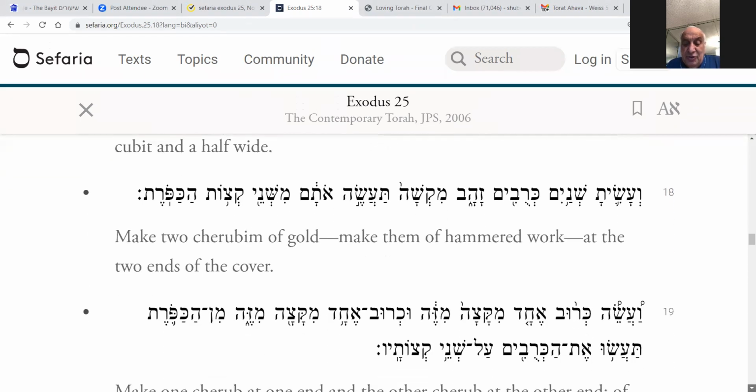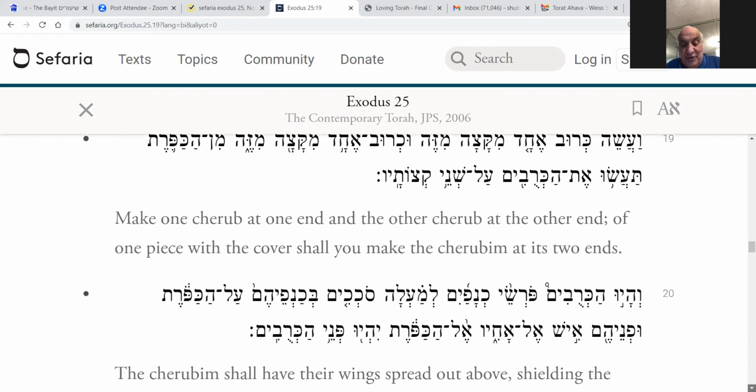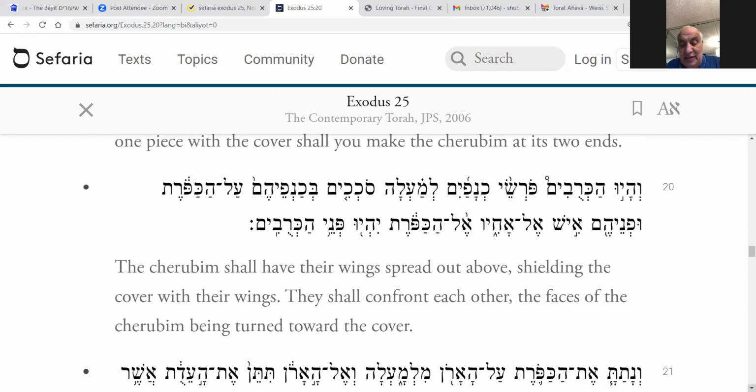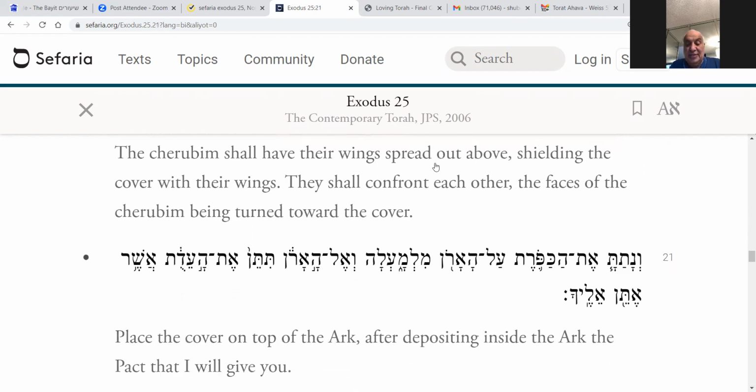You shall make two cherubim of gold, hammered out shall you make them from both ends of the cover. You shall make one cherub from the end at one side, and one cherub from the end of the other. From the cover shall you make the cherubim on its two ends. And the cherubim shall be with wings spread upward, sheltering the cover with their wings, with their faces